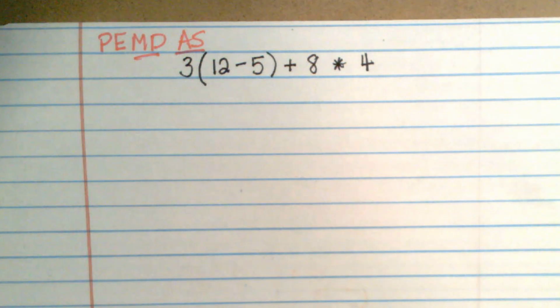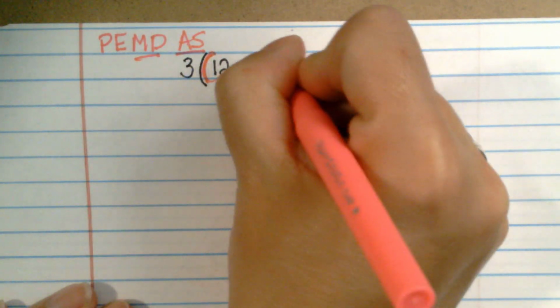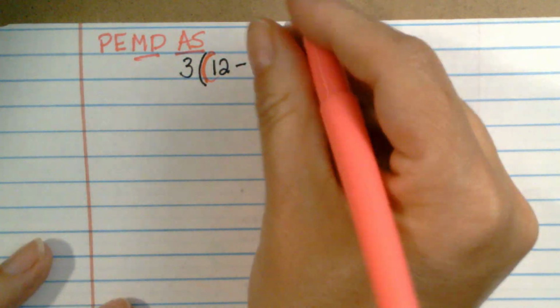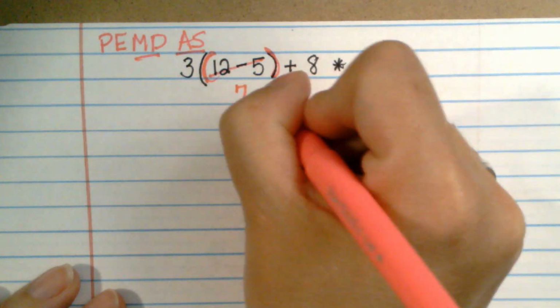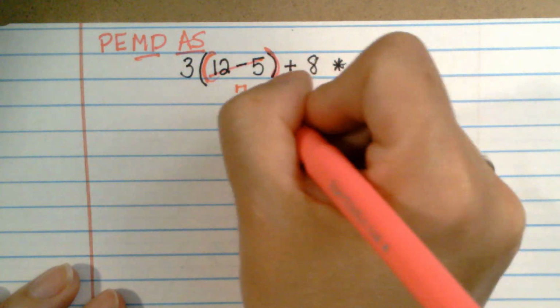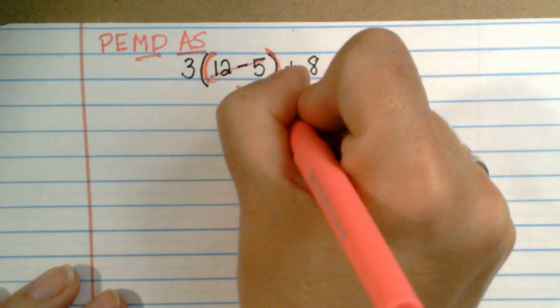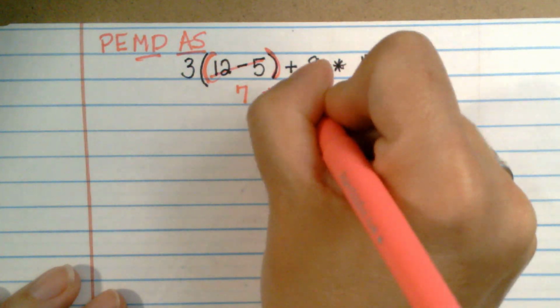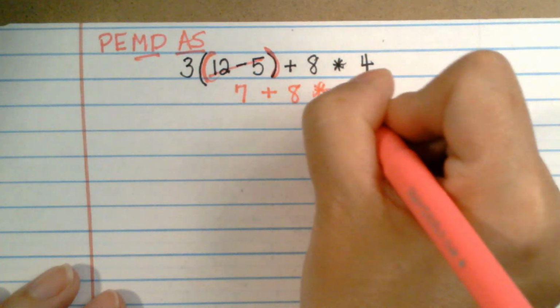Okay, well, I know I have to do parentheses first, and here is my first set of parentheses. 12 minus 5 is 7. I don't need that parentheses, I don't think. Let's bring everything else down. 8 times 4,